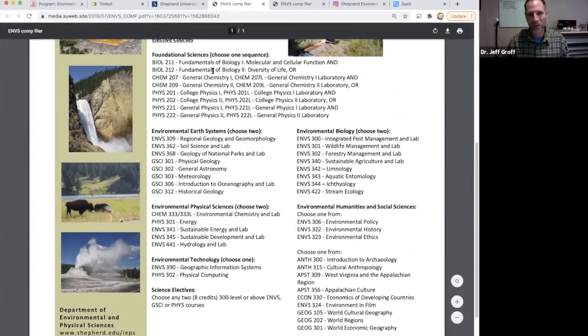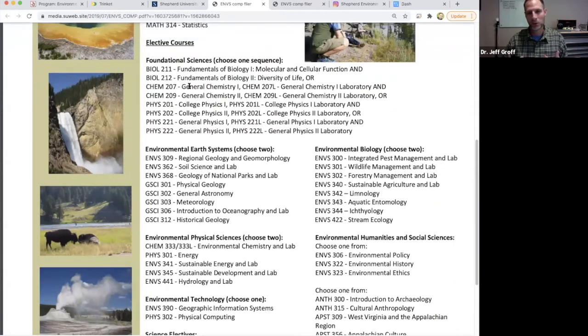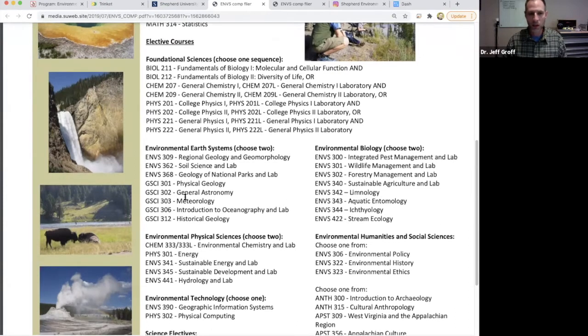Our students are required to take a foundational science sequence, and they have an option. They can pursue semesters in biology, semesters in chemistry, or semesters in physics. And it's up to the students. And then in these menus, there's a menu for environmental earth systems, courses in geology, atmospheric science, oceanography, soil science. Environmental biology is courses like forestry, wildlife management, integrated pest management,